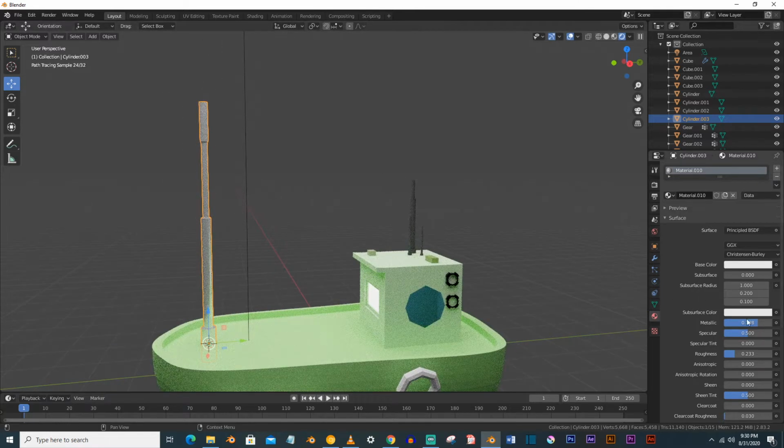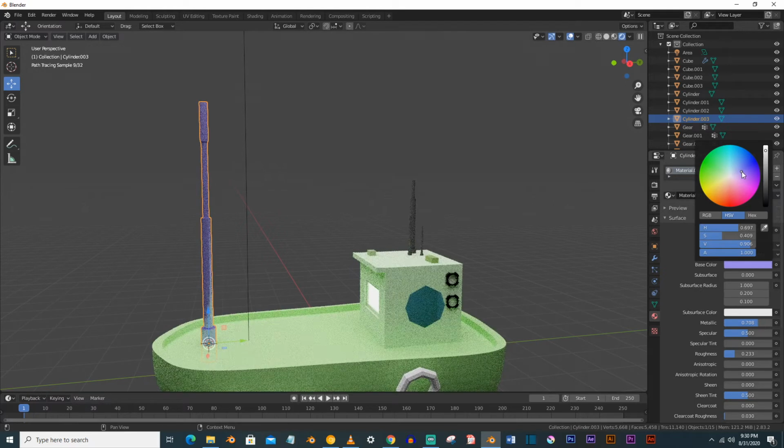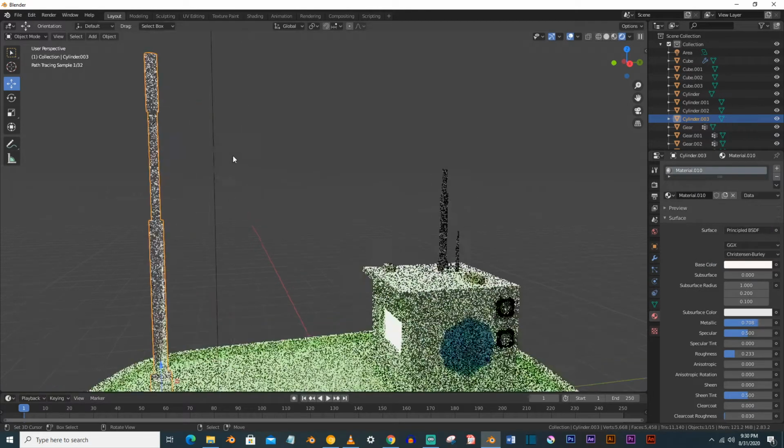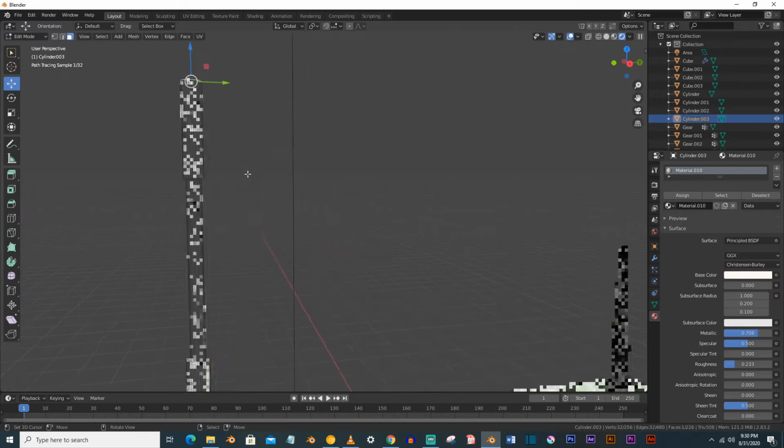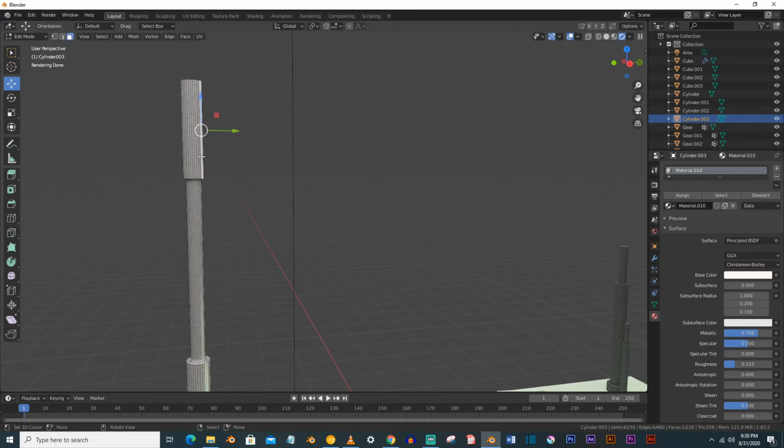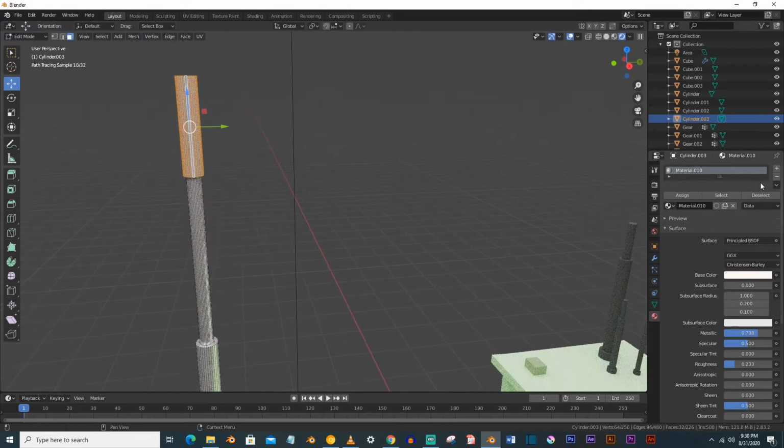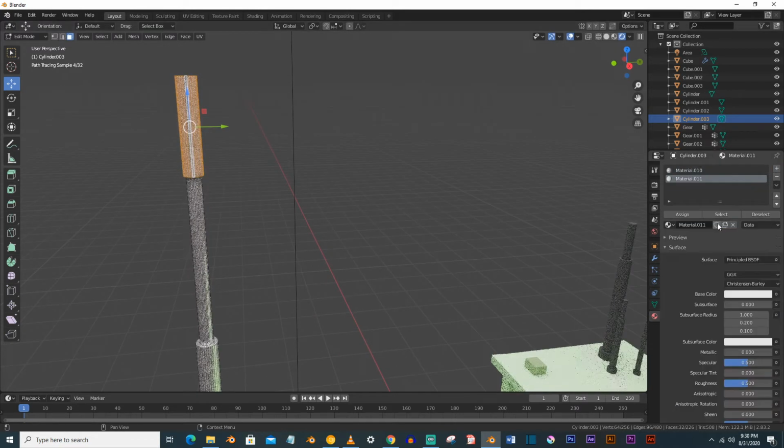and which color should we give to it? I think just white is all right. White is like this, and we will just Alt and right click, assign it another material.